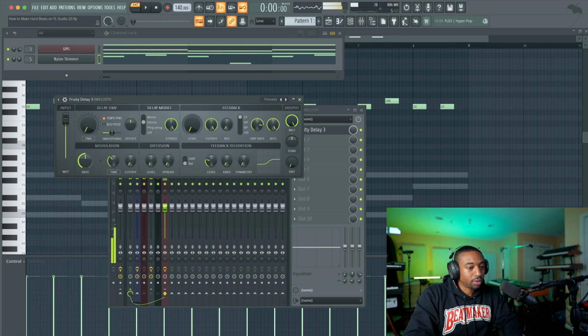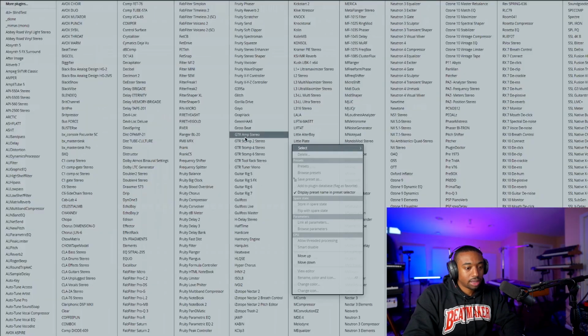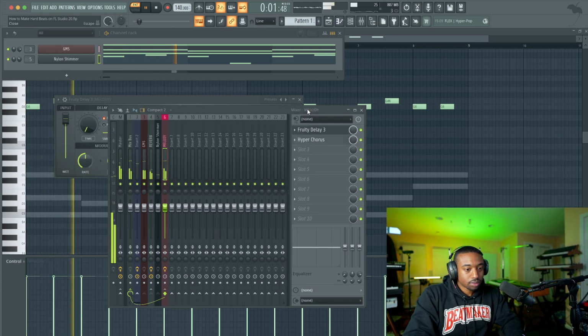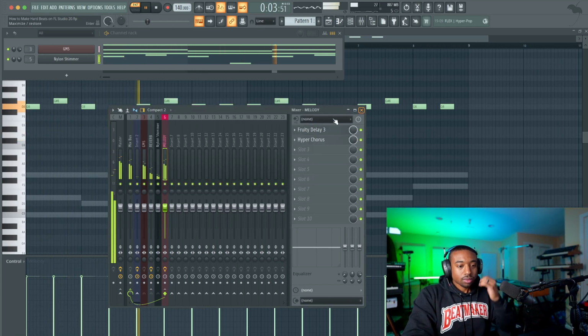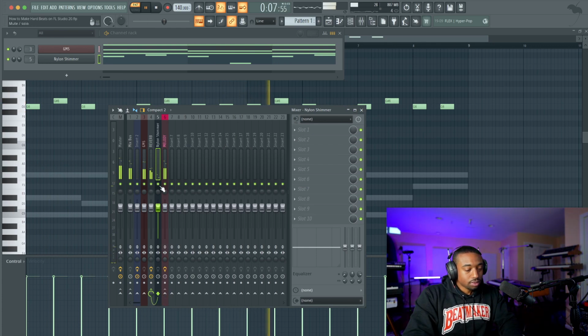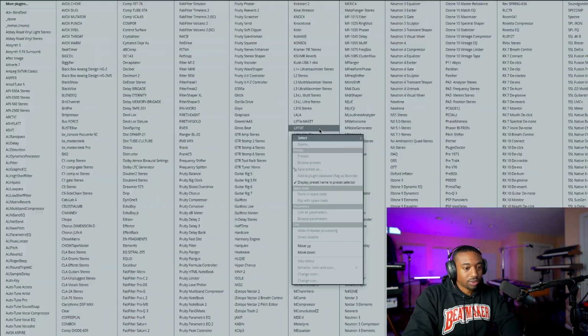You could add some weird phasing with the feedback. Also, I like this new plugin called Hyper Chorus. It's really good. I'm gonna add some reverb directly to the nylon, only to space it out a little bit.